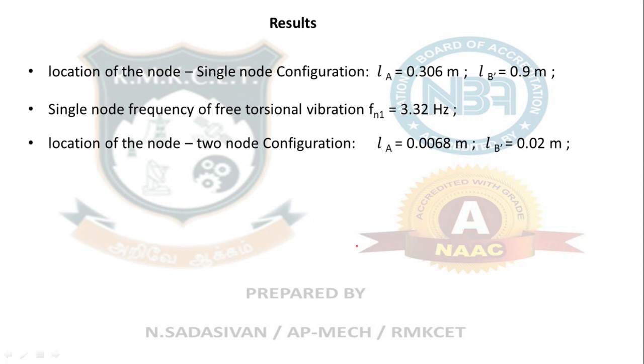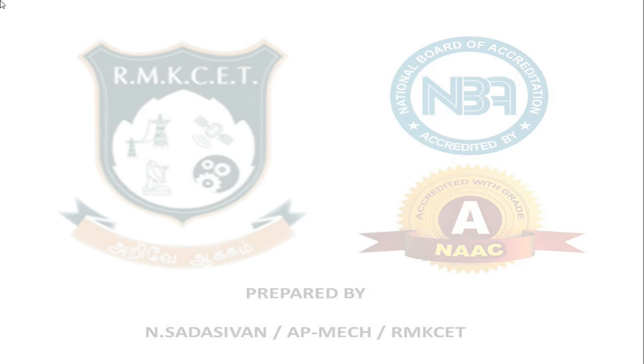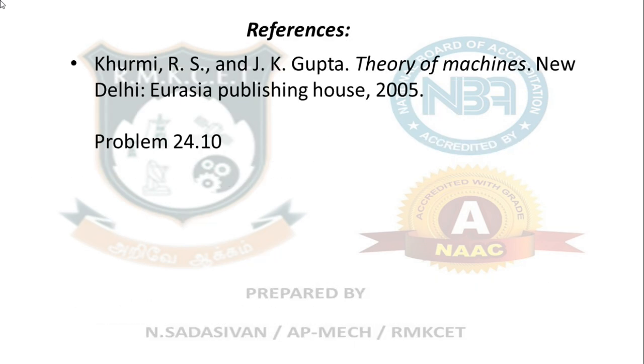Clear? So the location of the nodes in the two node configuration: one node is 6.8 millimeter from the left, and the second node is 20 millimeter from the right. The frequency of that configuration, torsional vibration, is 22.3 Hz. So it is taken from your Kurmi textbook, example problem 24.10. That is the last problem in your third